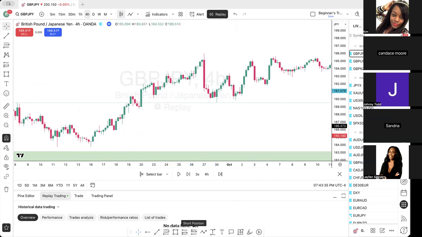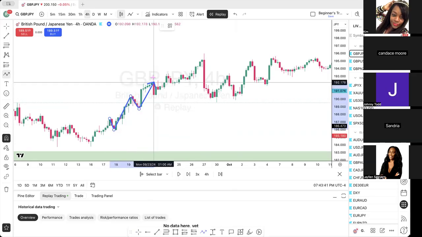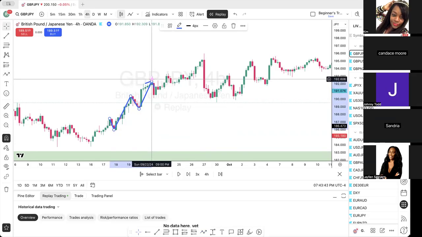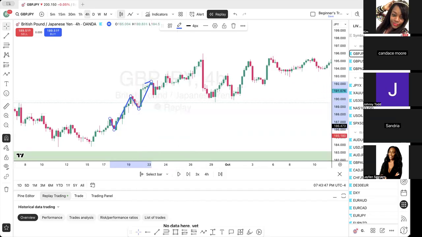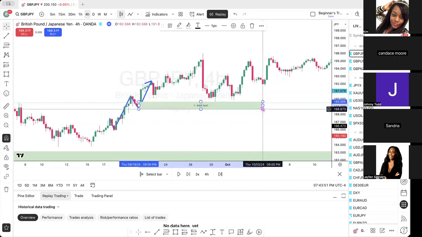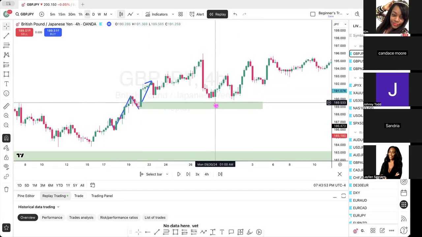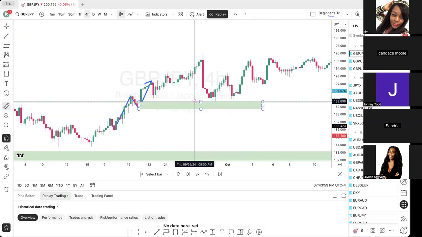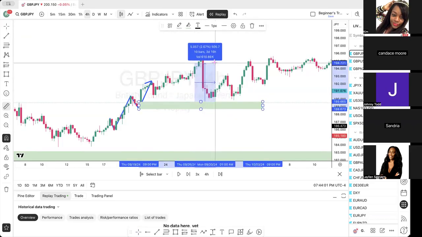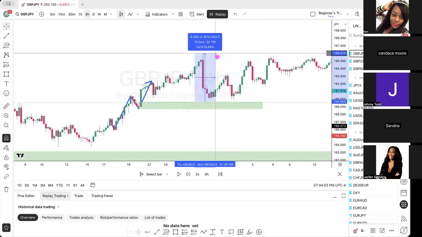Do not chase the market. Do not chase it. That's how you'll get messed up. So there was a structure here. There was an order block here. And you see it tapped you in like a sniper. So where would you take it? You would take it up to this high. So your entry would be here, and then you take it up to this high.